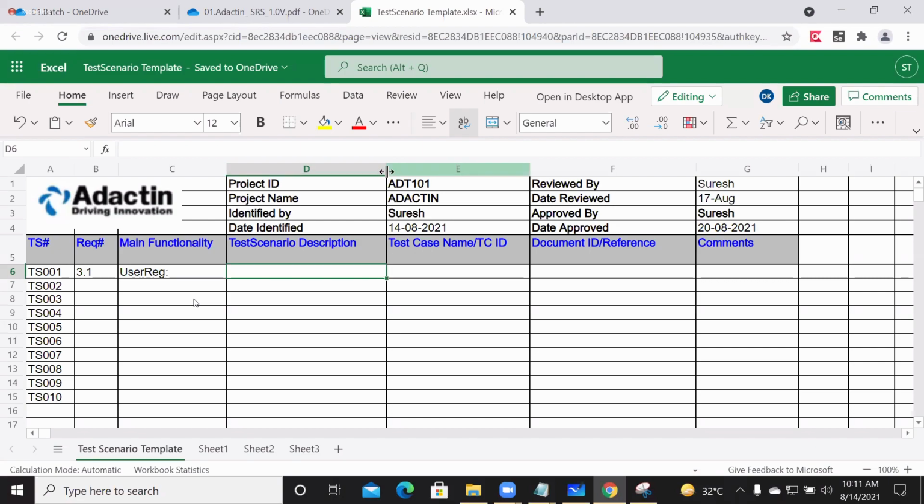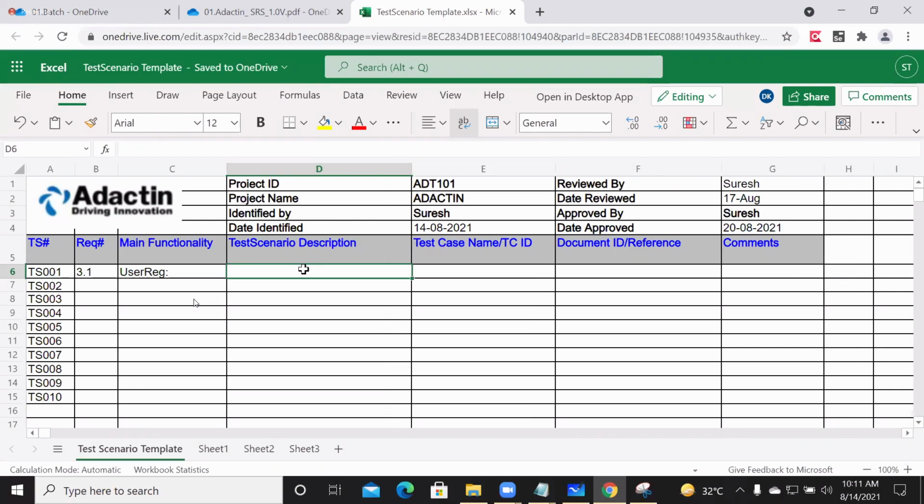This is the actual thing. What is the meaning of test scenarios?